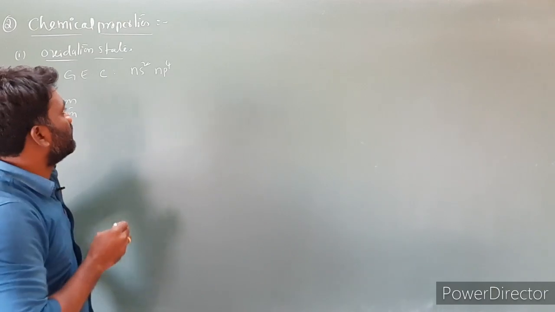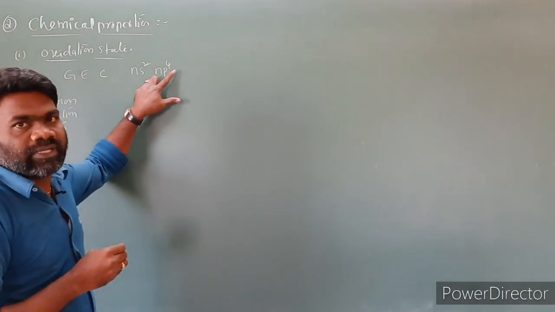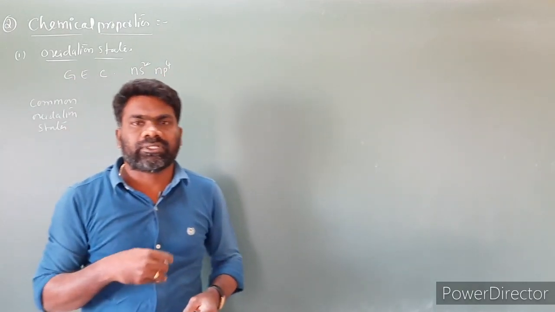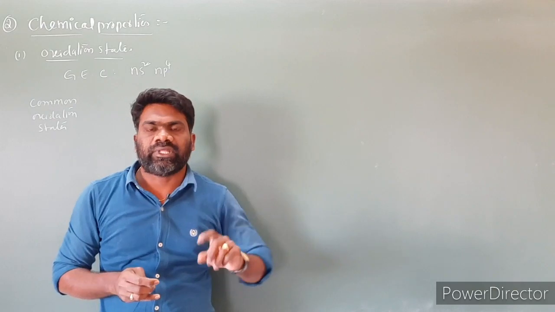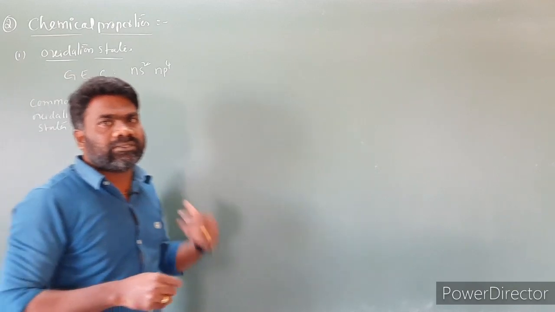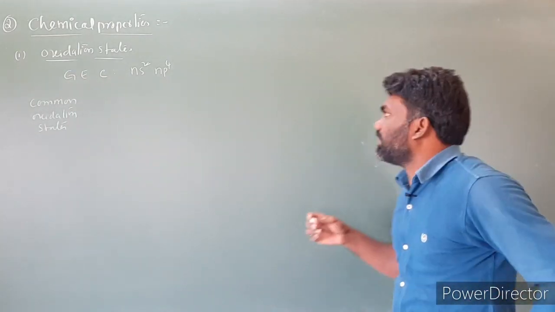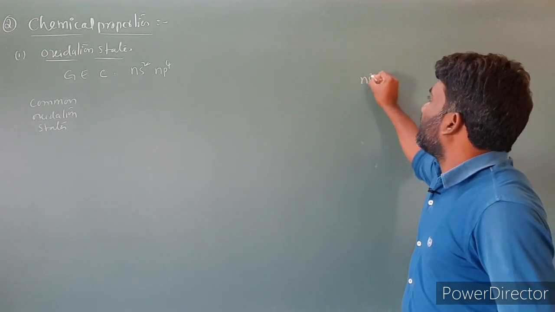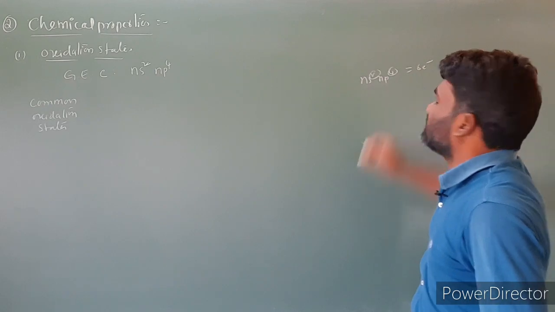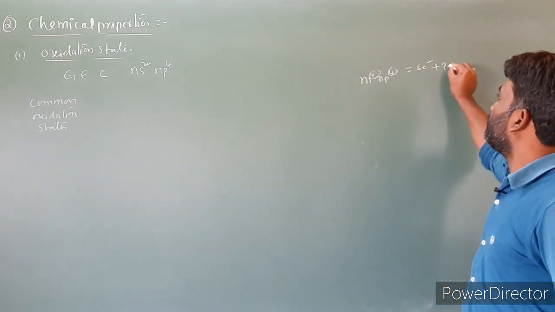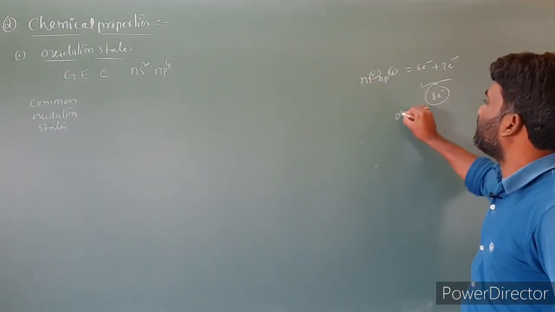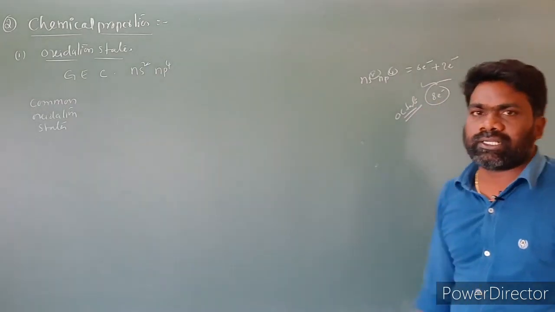If we look at this, 2 plus 4, the total number of valence electrons is 6. To reach the octet configuration, how many electrons are short? Only 2 electrons are short. If they gain 2 electrons, the number of electrons will become 8. My point is, they have ns2 np4, the total number of electrons 2 plus 4 is equal to 6 electrons. If these elements gain 2 electrons, the total number of electrons will become 8, nothing but an octet. They will reach the octet configuration.